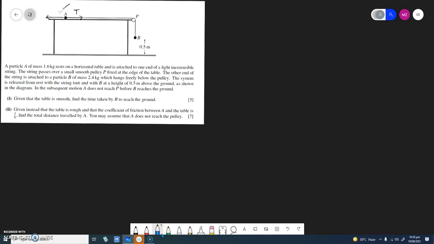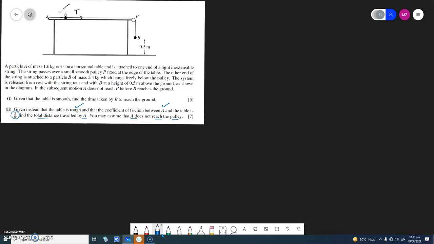Now in the second part, it is given that instead the table is rough and the coefficient of friction between A and the table is 3/8. Find the total distance covered or traveled by A, and you may assume that A does not reach the pulley. So in order to find out the total distance covered by the particle A, first we need to assume the